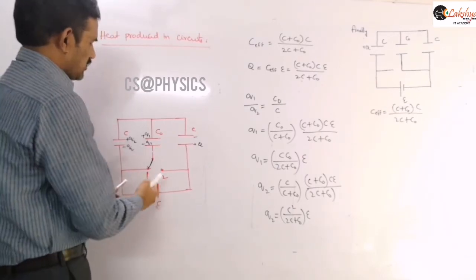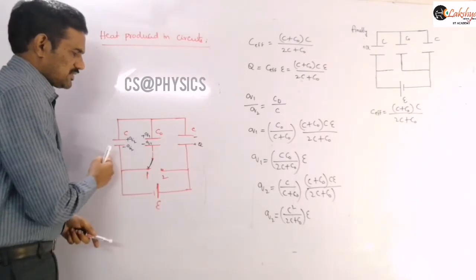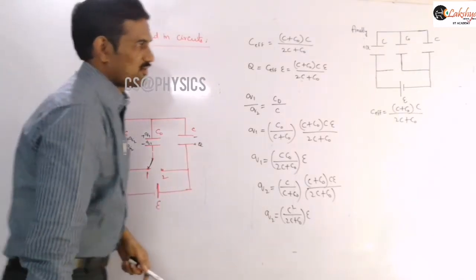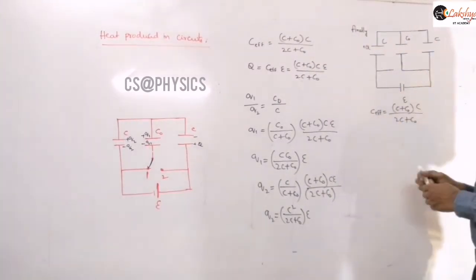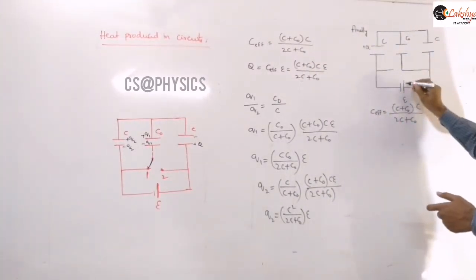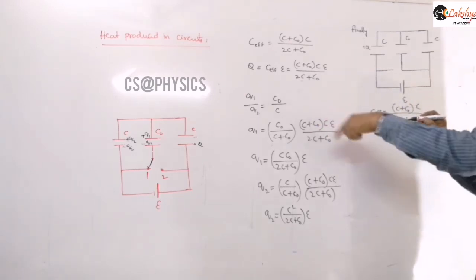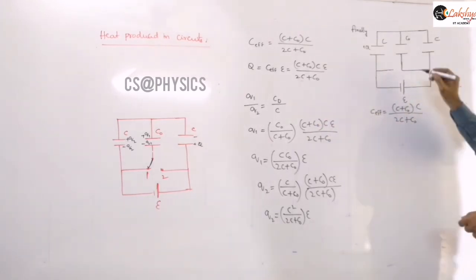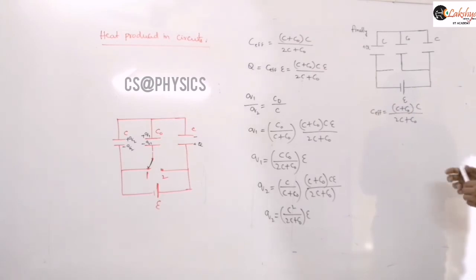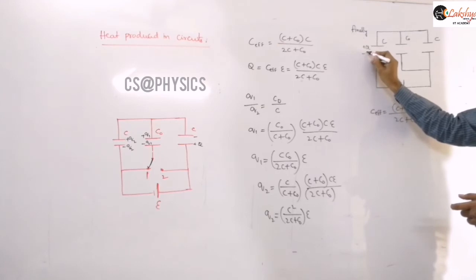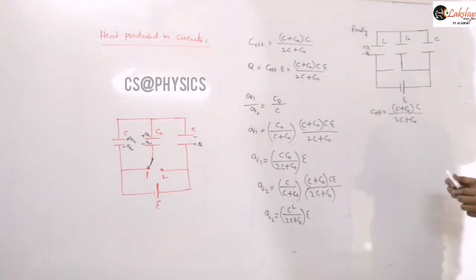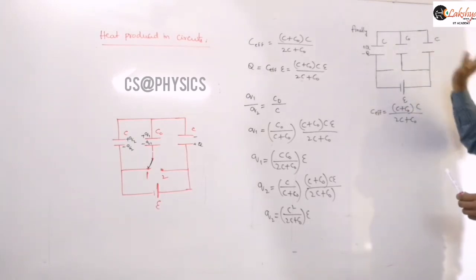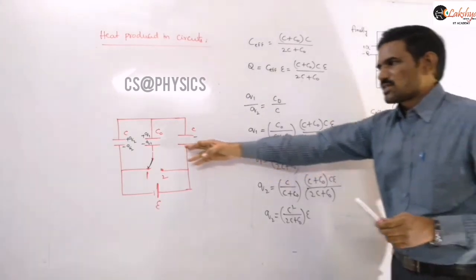Because we are taking this as the positive plate and this as the negative, we are considering this, so the polarity will be like this. And then take the polarities of this battery here also like this, so this will be the positive plate here. We took the total charge calculation accordingly. Now the negative plate is connected here, so negative charge Q will be there on this plate. And the charge on this capacitor C0 will again be Q1 only.